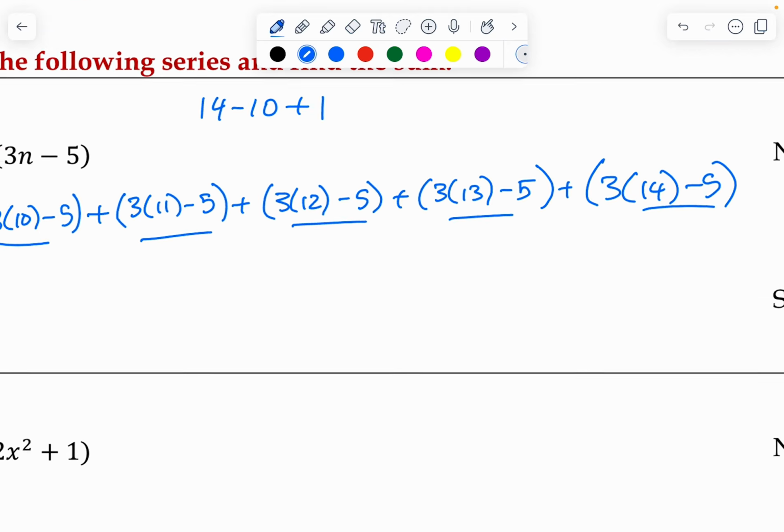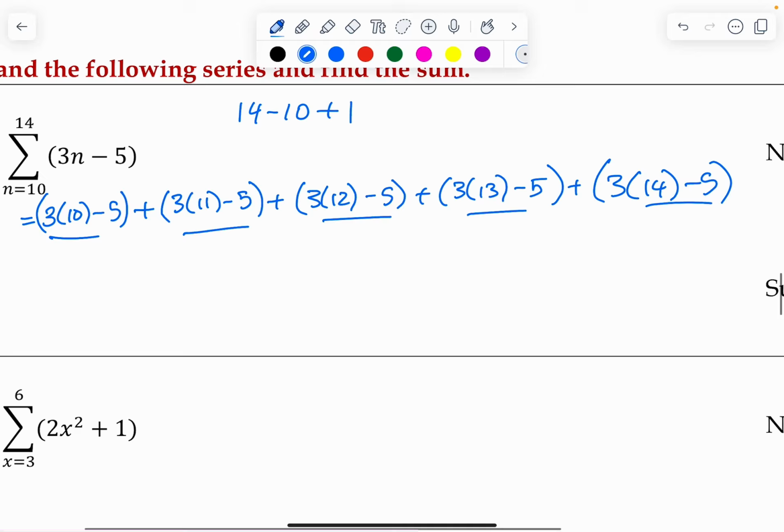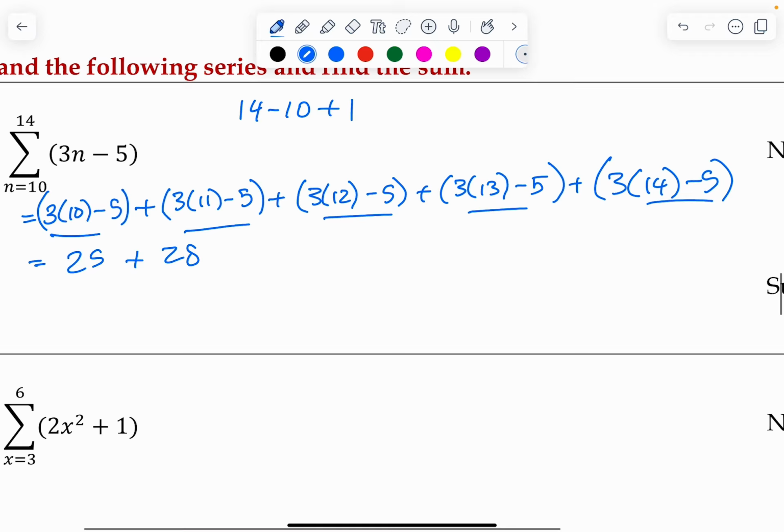So now, 30 minus 5 is 25. 33 minus 5 is 28. Oh, we're adding 3 each time. 36 minus 5 is 31, yep. 39 minus 5 is 34, and that's 3 bigger than the last one. And then 42 minus 5 is 37, which is 3 bigger than that previous one. Okay,